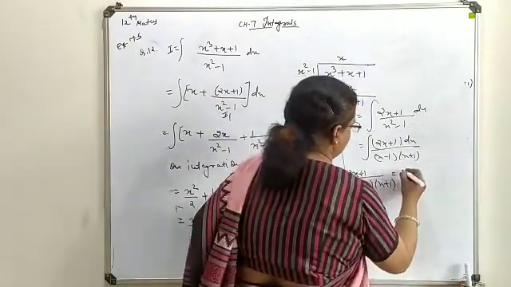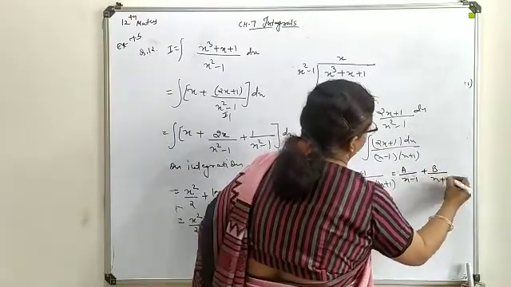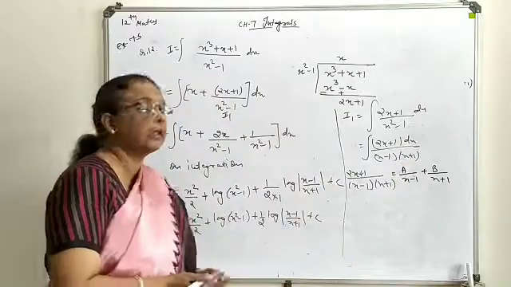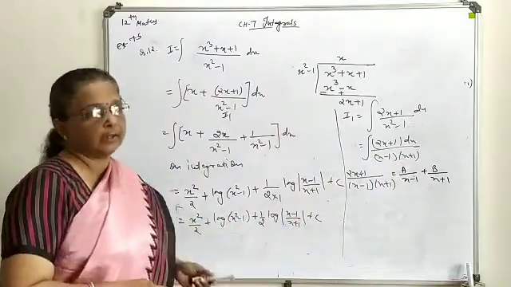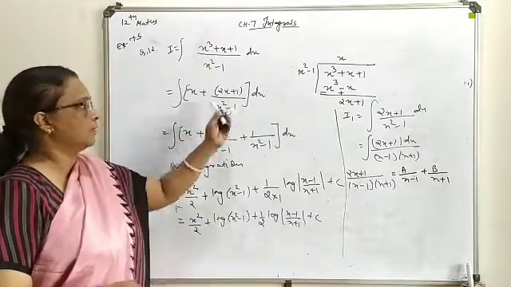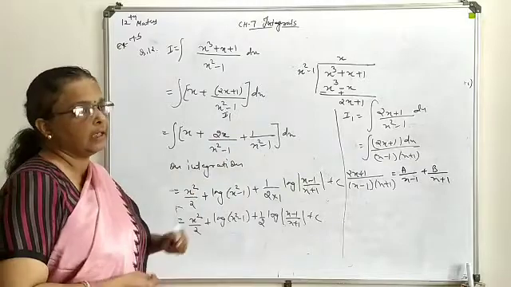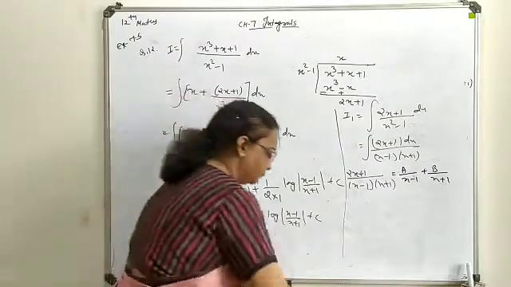That is a upon x minus 1 and b upon x plus 1. Now the method is clear, you can find out these two constants a and b, and then you can proceed with the integration separately, and then at last substitute the value of this integrated term over here. So this is another method you can implement for this given form.